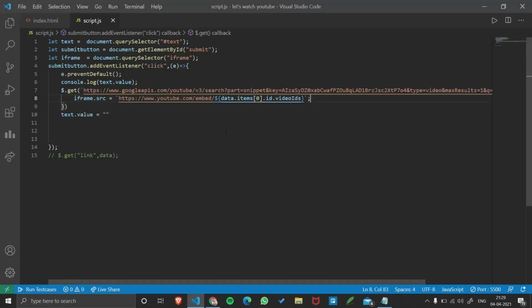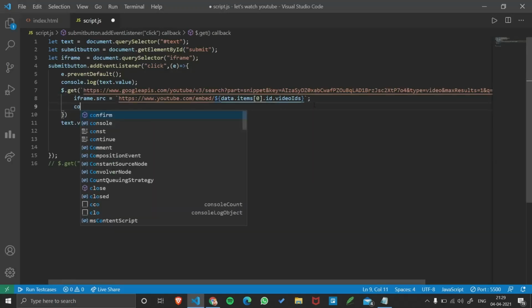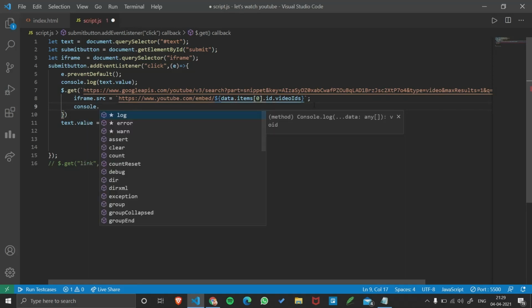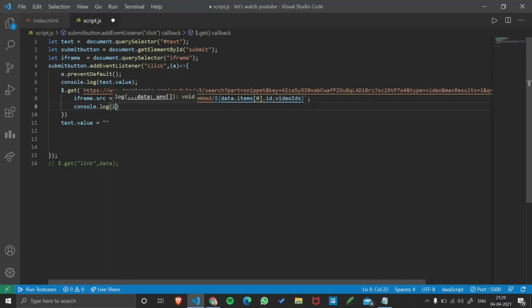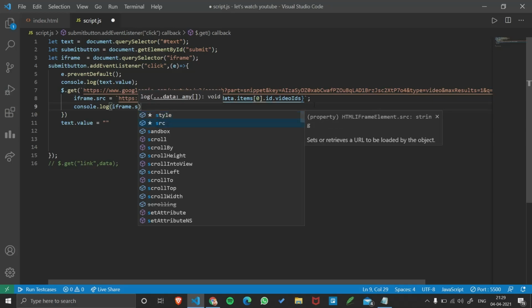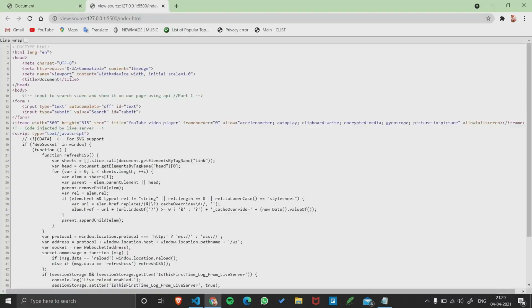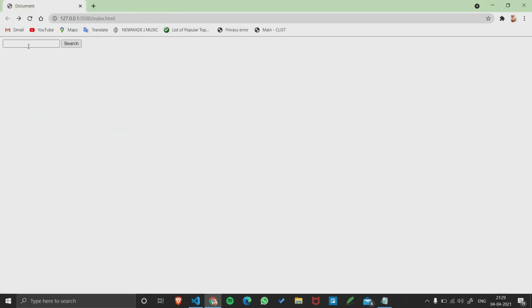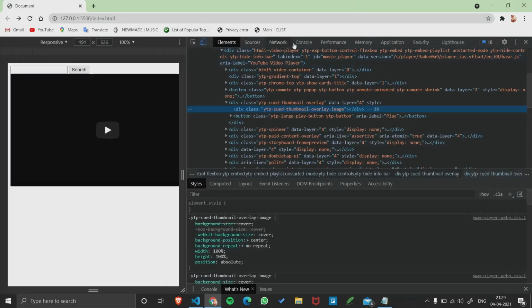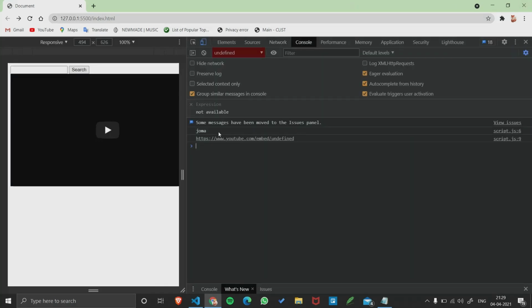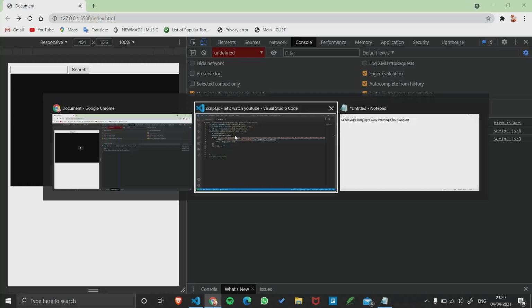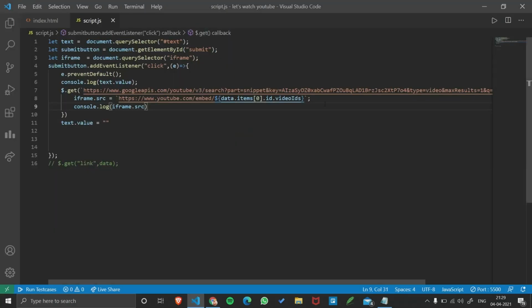Sorry, it is giving me errors. Okay, let me just do console.log iframe source. Am I making some mistake? Okay, let me just check. Joma, and that means inspect and see the console. Undefined. Why is it undefined?